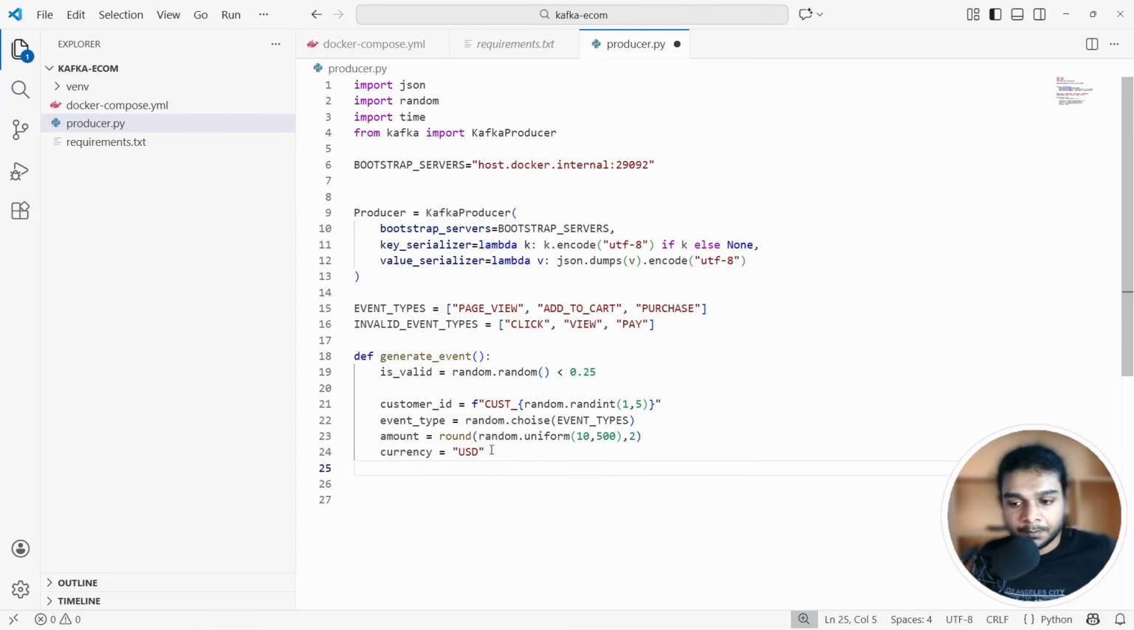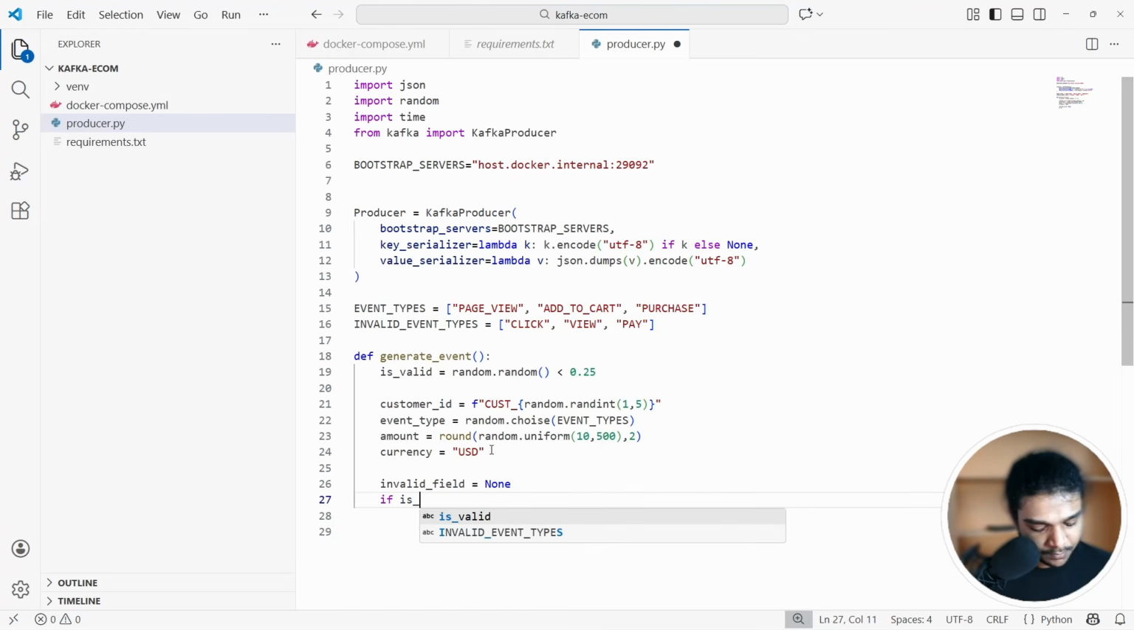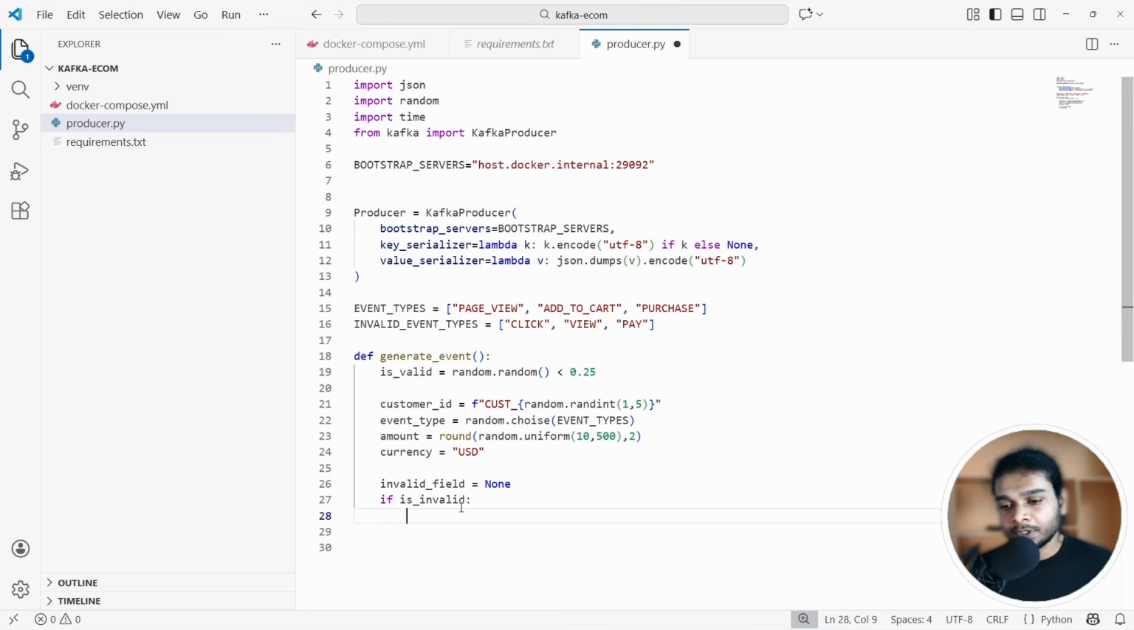And the currency be USD. Now what we're going to do is we're going to create an if condition to see if the generated random decimal number is under 25% is true or not. So we say if is valid,